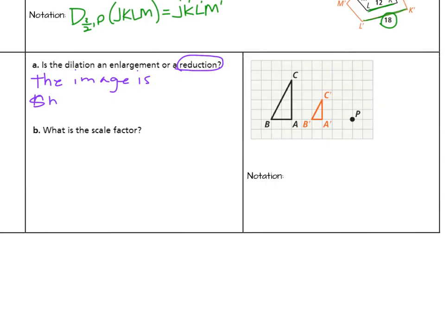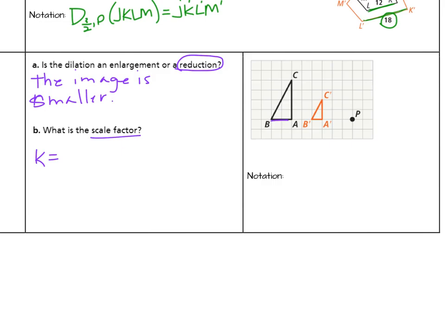Oops, smaller. There we go. Let's verify that by determining the scale factor. So again, take any image divided by its corresponding pre-image. And you can pick any pair that you want. The ones I like to pick are either straight up and down or straight across because that's really the easiest